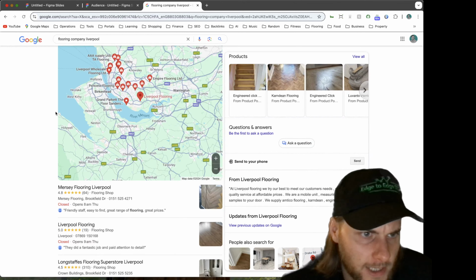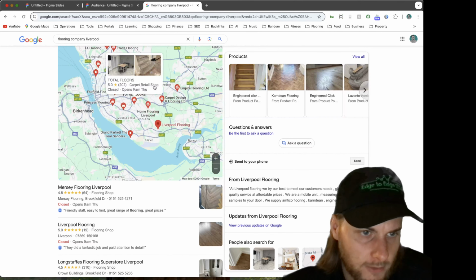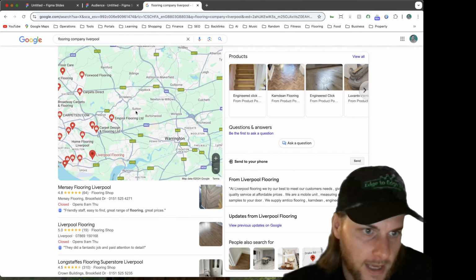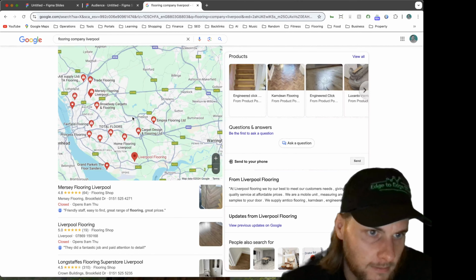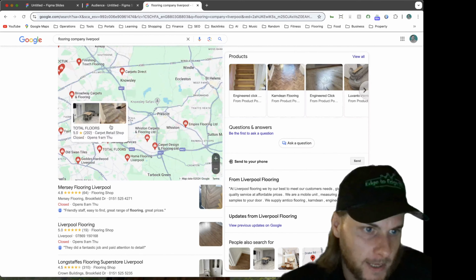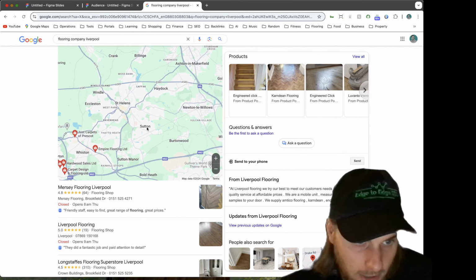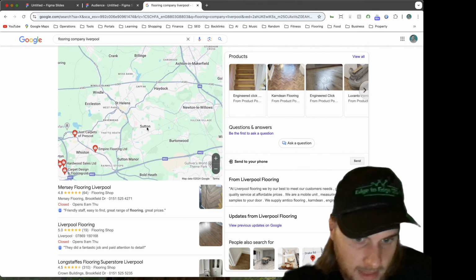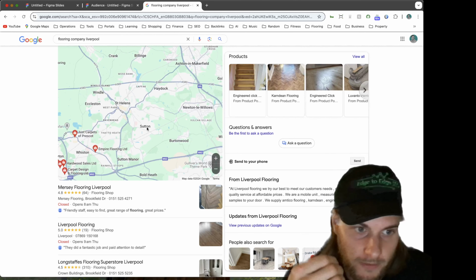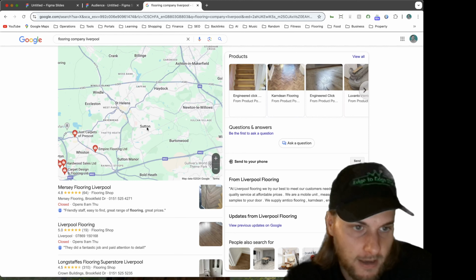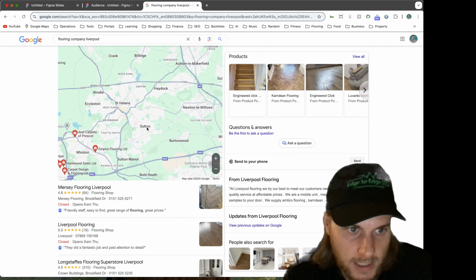if you're out on a job, let's say that you're in Liverpool and you've got a job somewhere over here. Let's say you've got a job in Sutton here, and you're based in the centre of Liverpool, but you've got a job in Sutton. When you go over to Sutton, make sure that you take a picture and a video of your work and then upload it there and then on site. Because when you take a photo, there's data attached to that photo. Google can see all the information about where you are, your coordinates, the time, all of that kind of stuff.